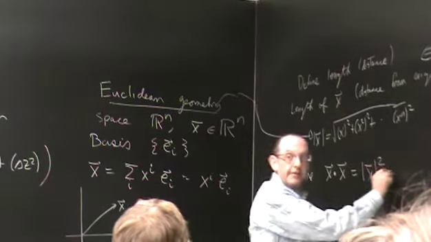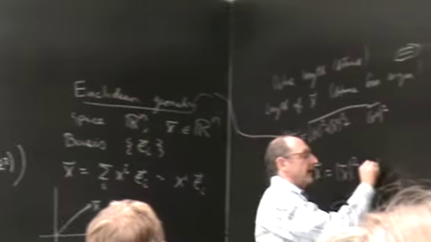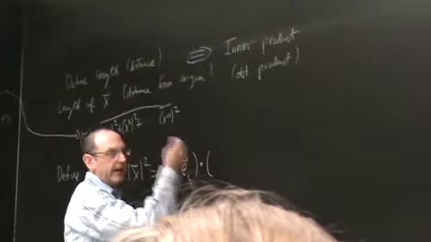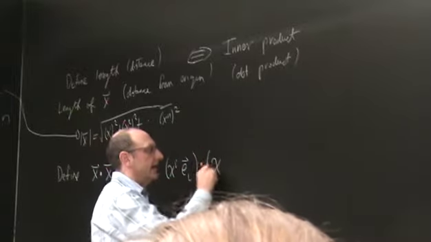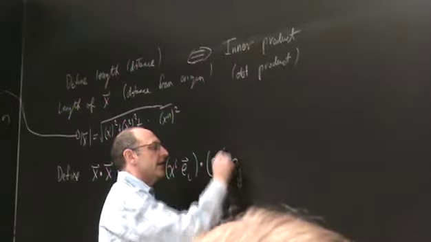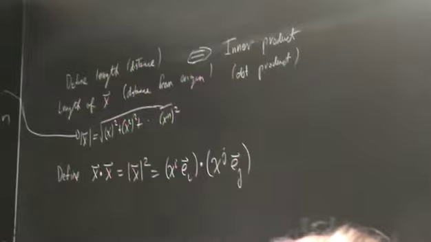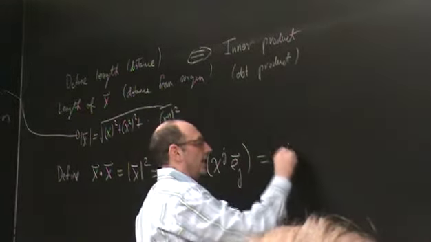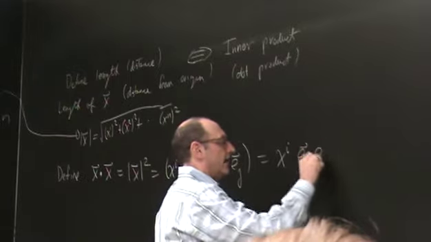Because if I plug this in, so I have x^i e_i, dotted into the vector, now I'll use a new index, j, e_j, which is x^i e_i dot e_j,